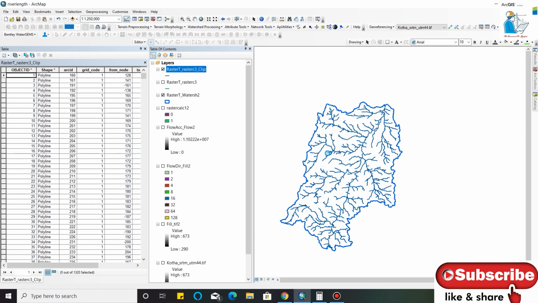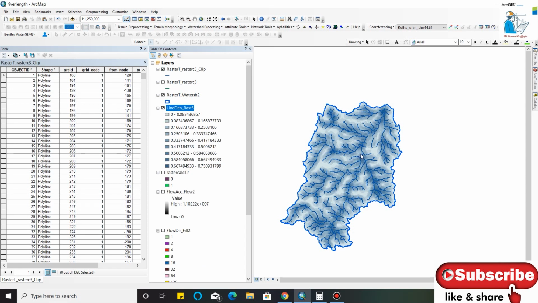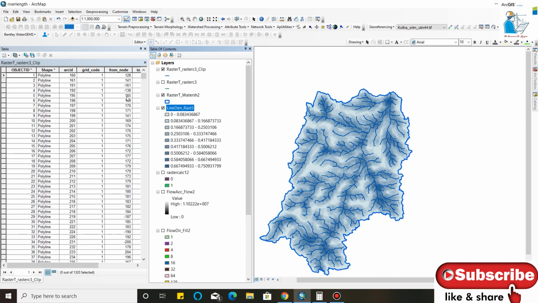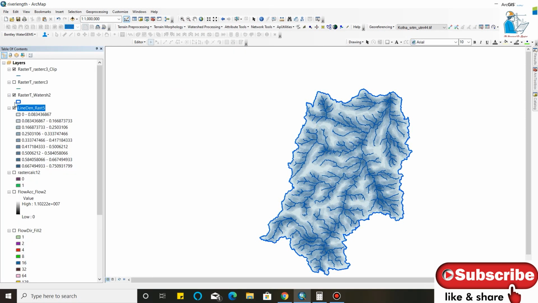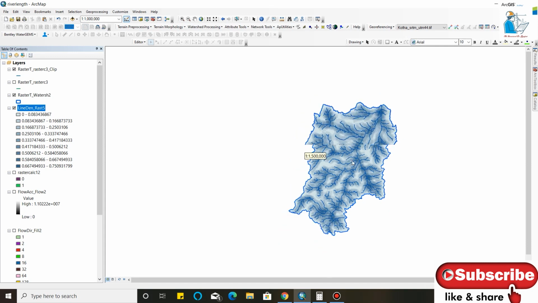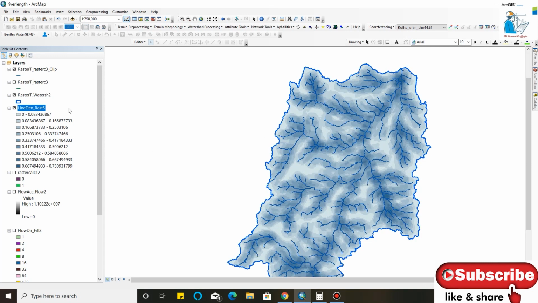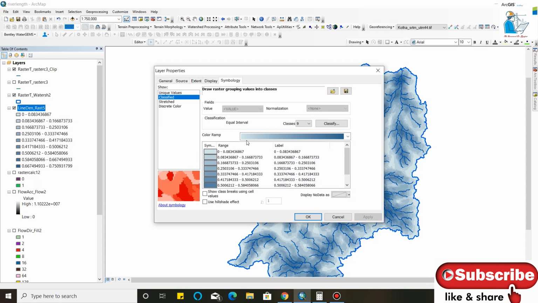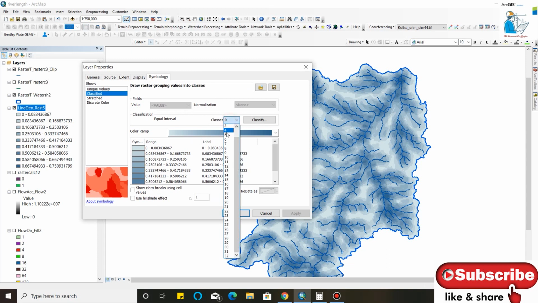Otherwise, okay. Now my stream density is now calculated. This is the stream showing the higher density, and lower density having the lighter color. Now we will use the symbology. I will make it as class 5.